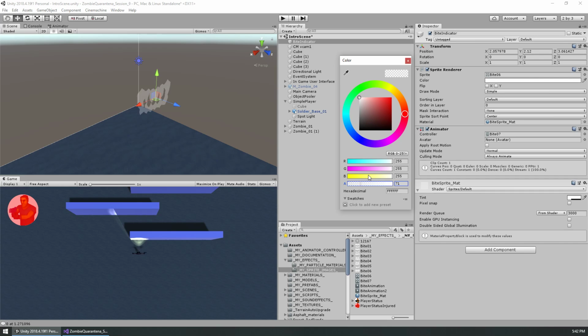Set to 71. I like making it transparent because it's going to be over the zombie's head and it's going to be kind of covering up the action. We want it to cover up the action because we want the player to know something terrible is happening, and it's going to actually appear right over the player. So